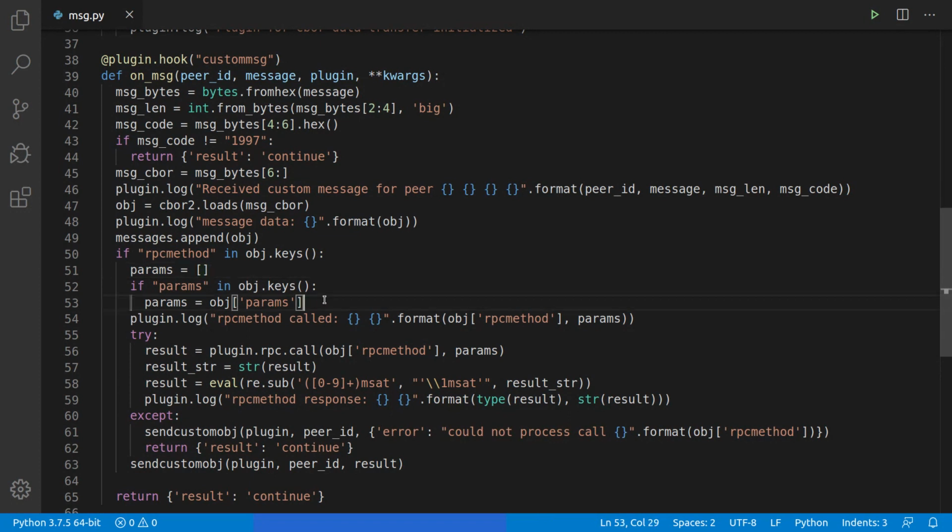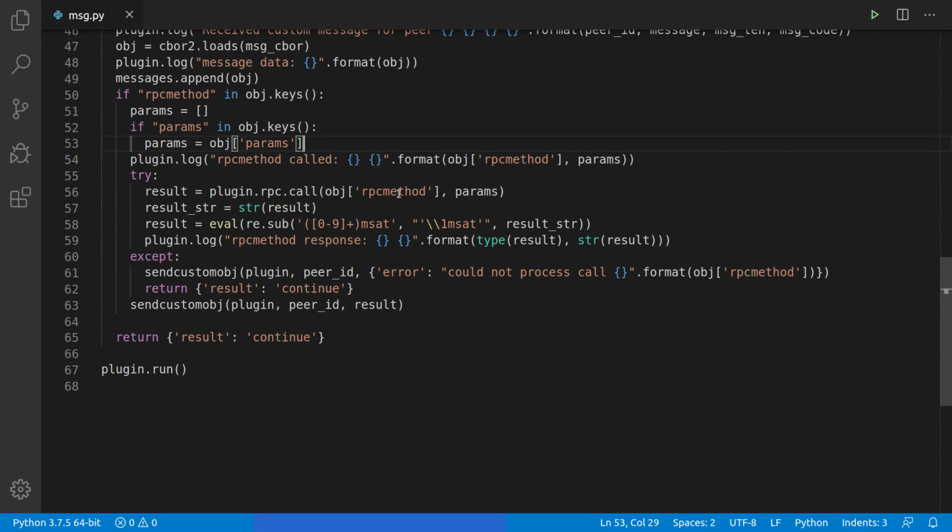Otherwise, we're going to get the parameters from that object we just decoded. Now we're going to try and call whatever that RPC method was. The object with that key is going to have a value of the string that represents RPC messages. So if we list invoices or whatever, that's what would go in there, and then whatever parameters if you want a specific invoice. Then we're going to get the result converted to a string, and I have to do